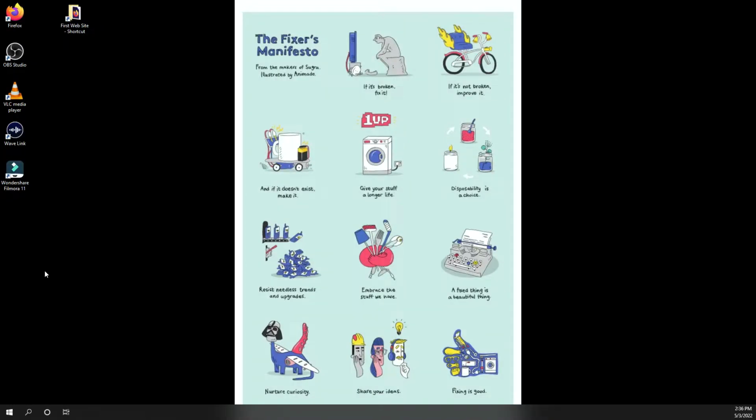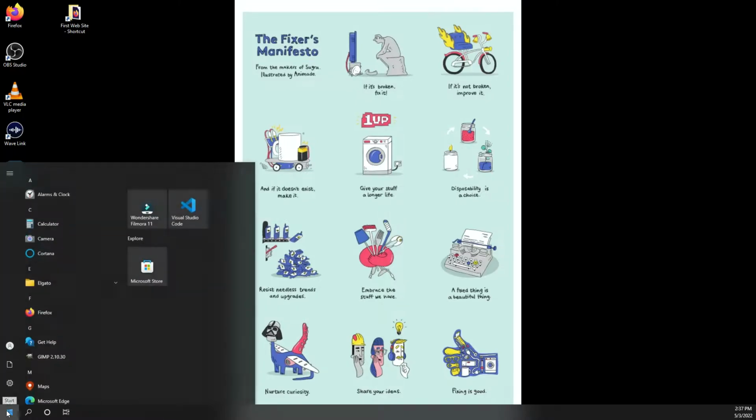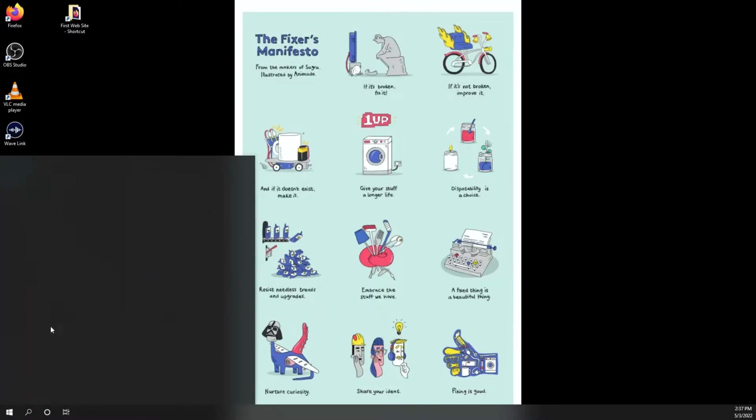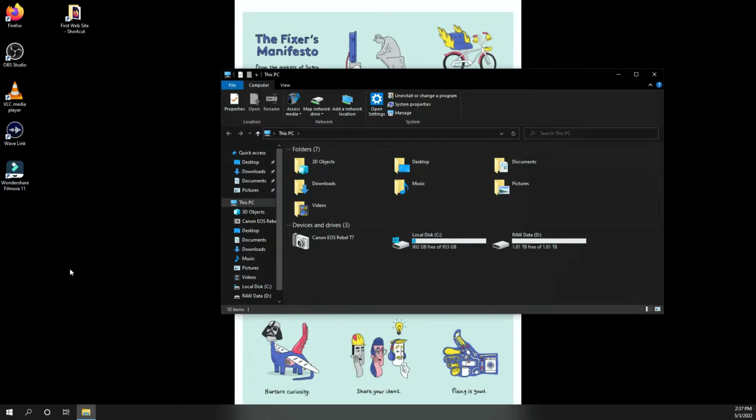Okay, one key thing I want to mention before we move forward: you do need to have admin rights on your computer to go through this setup. It is because you are going to be making system level changes that you actually need those rights. But if you have it, you're going to be able to move forward without a problem. So the first thing we want to do is go ahead and open up This PC, and right click on This PC and go to Properties.